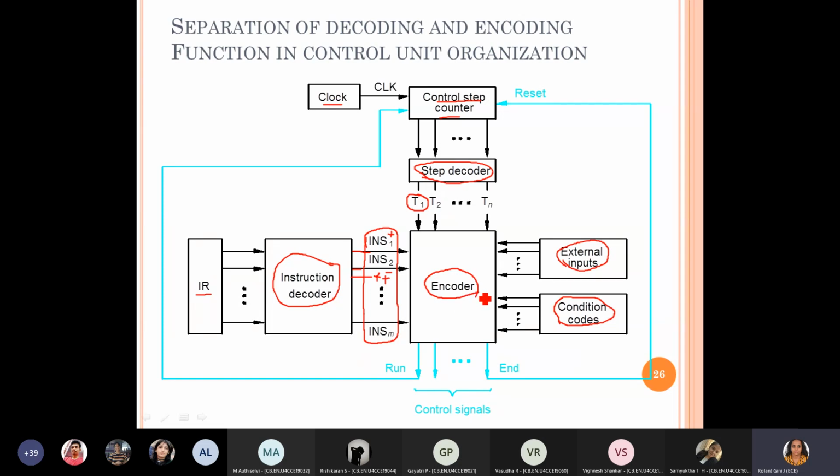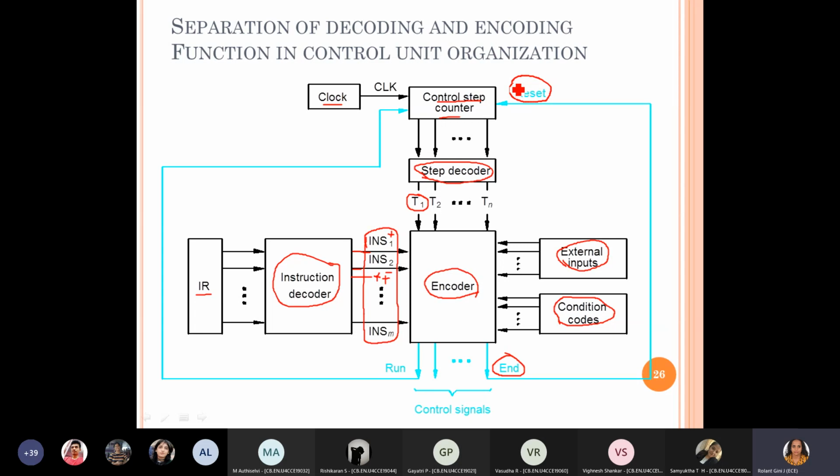Take all the inputs, and then we say which of these control signals need to be enabled. Like I said, every instruction's last control signal is End, which is going to be the starting of the next instruction, where the counter resets and starts from T1.